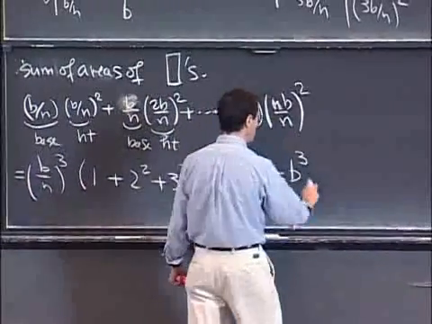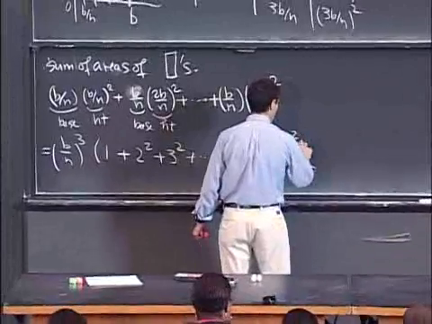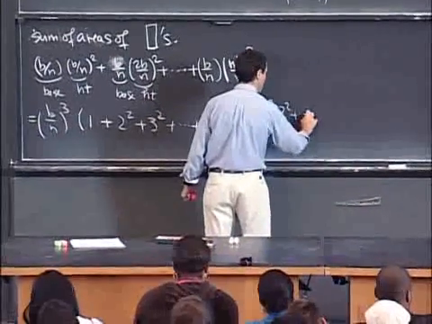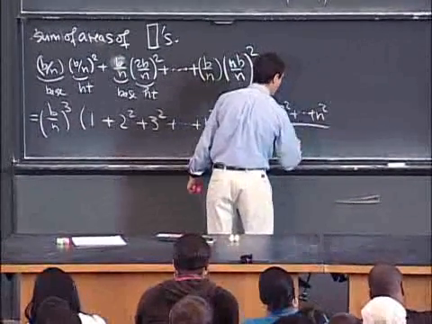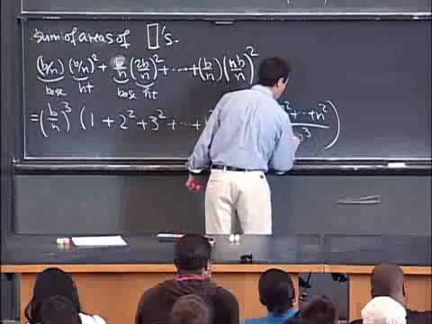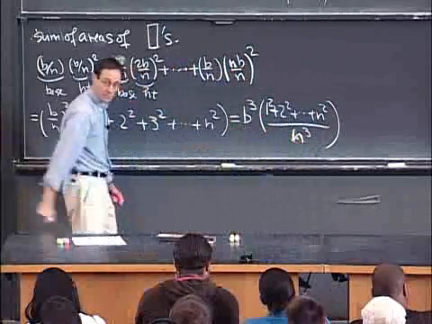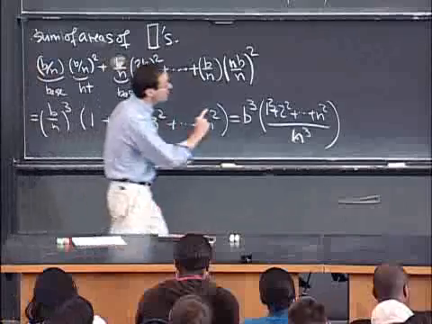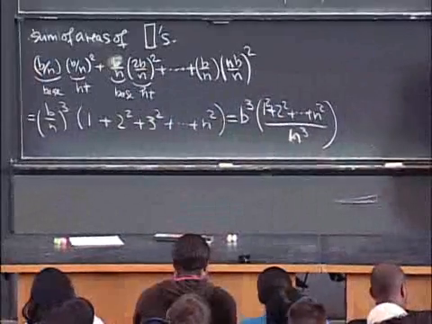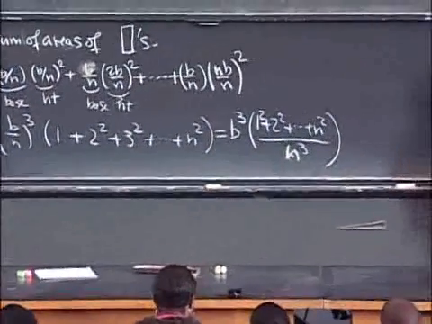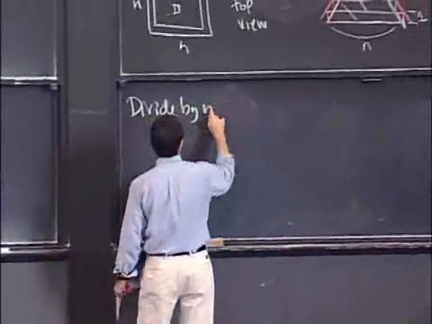I'll write it as b cubed times (1 squared plus 2 squared plus ... plus n squared) divided by n cubed. I'm going to combine all the n's together. All right? So the right thing to do is to divide what I had up there by n cubed